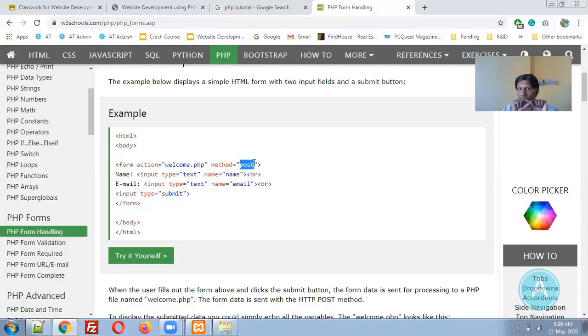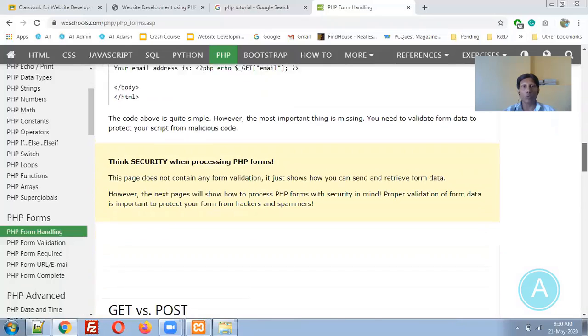because we cannot embed a file into the URL. A file will be a long thing. We cannot convert that into that many characters and store it. The second problem of the get method is that a get URL has a limitation on the number of characters. Suppose you go beyond that limit, it will ignore those characters. So URL limitations will be there for the get method, but in the post method there are no limitations. You can upload n number of files, n number of data at a time. So this is all about the get and post methods.